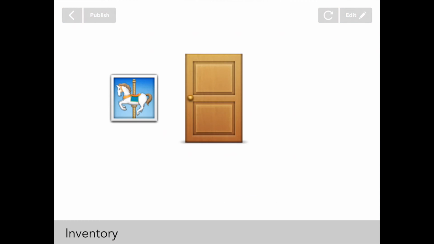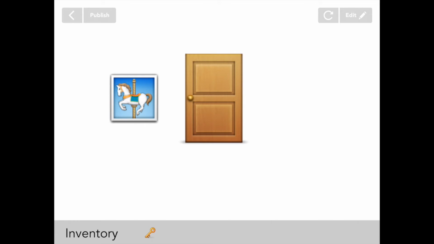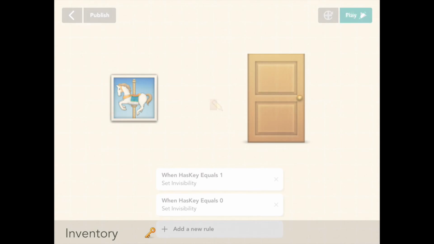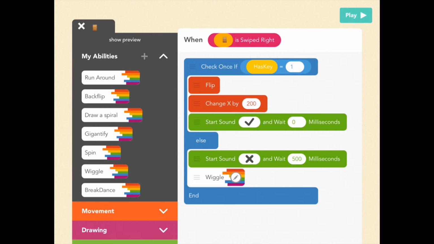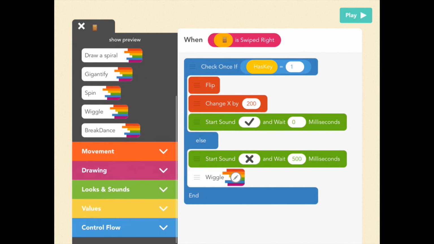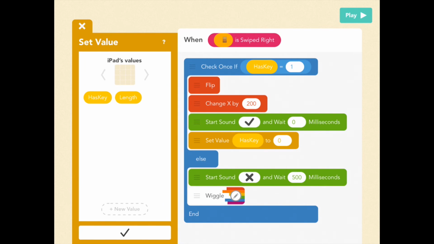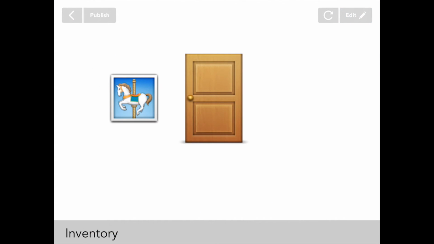Okay. Hey look, so it starts out invisible in the inventory because we don't have the key yet. When I swipe the painting up and get the key, there it is. Awesome. And then when I open the door with it, oh, it doesn't really disappear. Really, it should disappear because we've used it up. So let's go back and edit and change the door's swiping rule when the door is swiped right. The first part is where the door is opening. So when the door opens, it should take the key away. So set the value has key back to 0. Great. Now invisible,